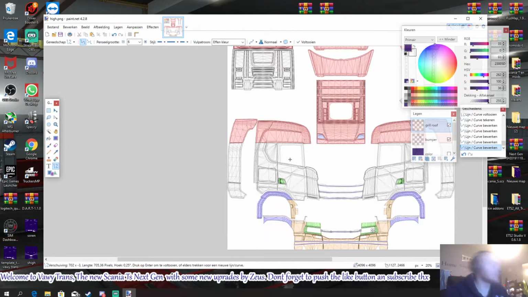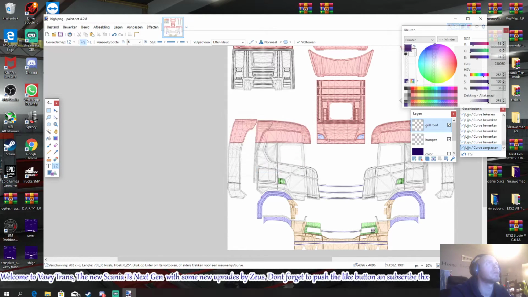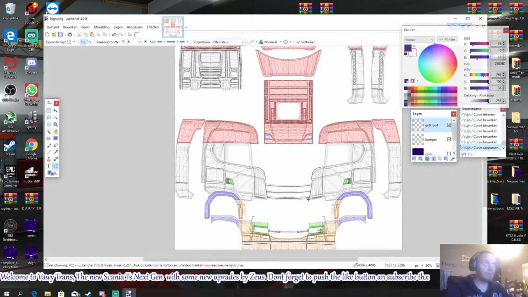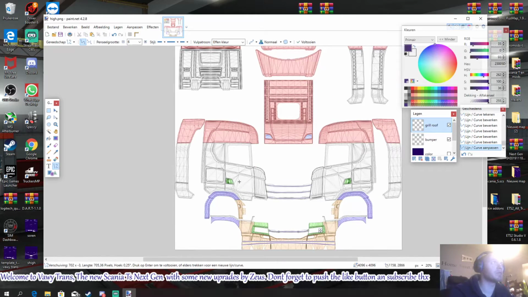So come back out a little bit so we can see what we are actually doing. Let me put this one full open again. There we go. So we done that. Now I'm thinking what I all need to do. I think from lining is just my striping on the side of the cabin. That's left. And from writing it's gonna be my name, but that is for later, because I'm first saving the skin